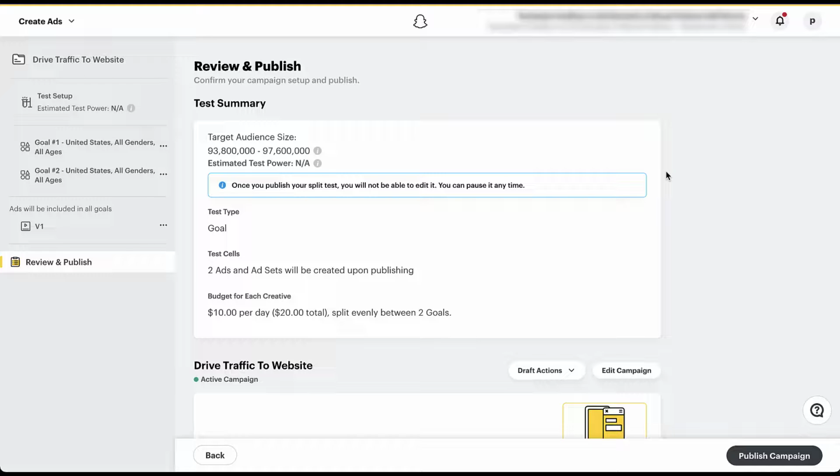As I mentioned, I did adjust this a bit, so I only gave it a $20 total budget, and I only let it run for 2 days, so this is not going to be a super high confidence test. But another thing I want to call out is this blue box here that says